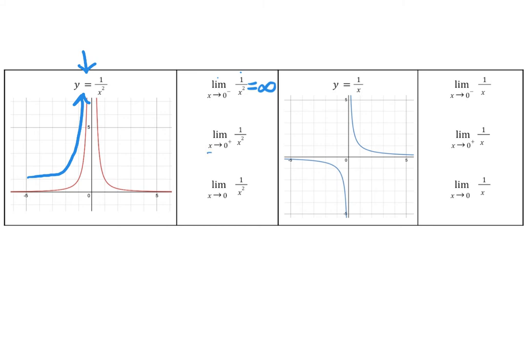And then now the limit as x approaches 0 from the right. Okay, I'm approaching it from the right. Zoom up. Hey, that also approaches infinity. So because the left-sided limit and the right-sided limit are equal, the limit at that value as x approaches 0